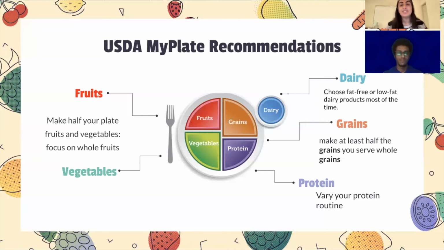And then the rest of the plate should be proteins. When we think of proteins, we think of what? Chicken and meat. But there's a lot of other foods that qualify as proteins. So we'll go through that. Think about maybe right now things that might qualify as proteins, and we'll get into that. So make sure that you have different types of proteins, maybe not red meat, maybe other white meat, and other types of proteins that we'll talk about.